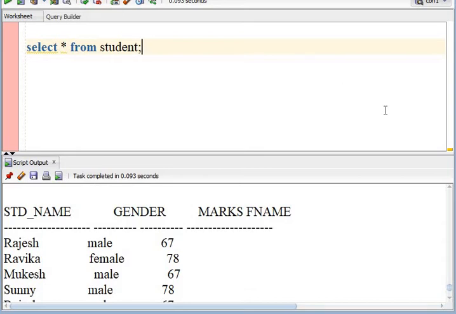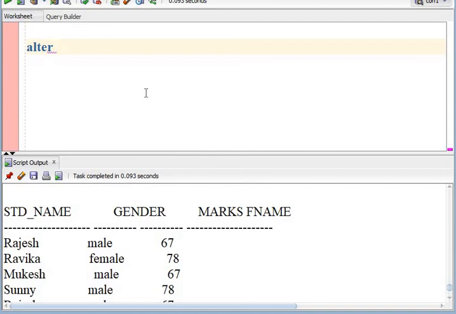Yes, we can also drop the constraints or the integrity constraints from the table by using this alter command. But for that we must know the unique names of the constraints that we have applied on this table, and how we can give unique names to the constraints. Let us see the example for that first.